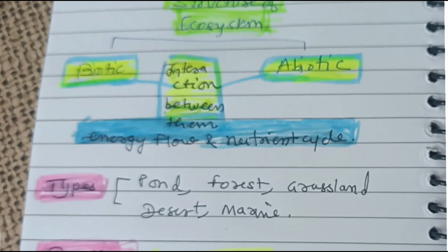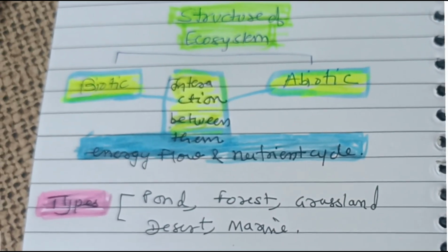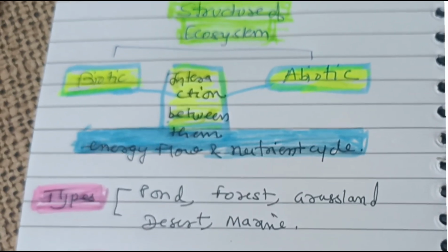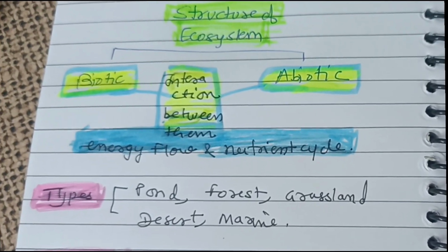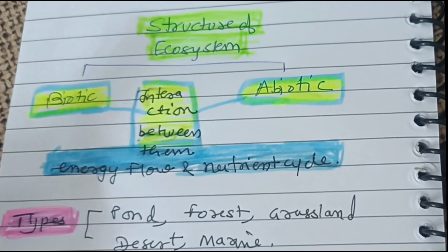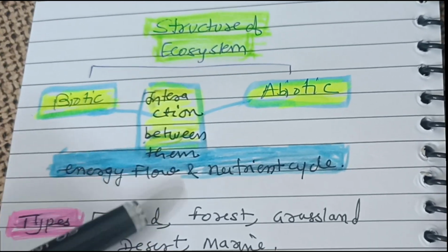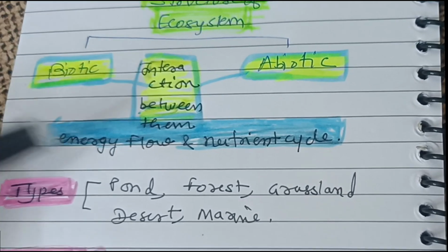The types of ecosystem: a natural ecosystem like forest, grassland, desert, pond, lake and ocean, we know that. Artificial ecosystem, that is man-made, for example crop field and aquarium. And the pond ecosystem can be abiotic and biotic. The abiotic pond ecosystem is water, light, temperature and nutrition, and we can see that the biotic ecosystem is divided